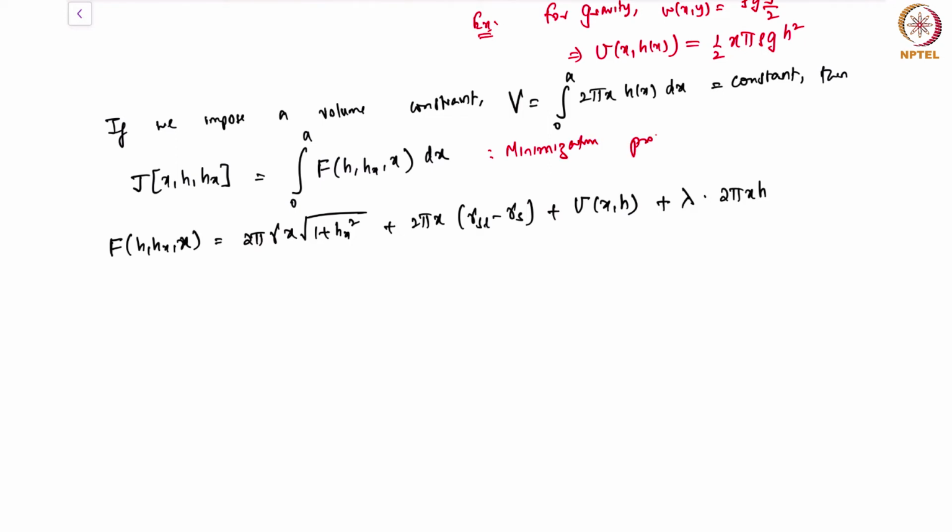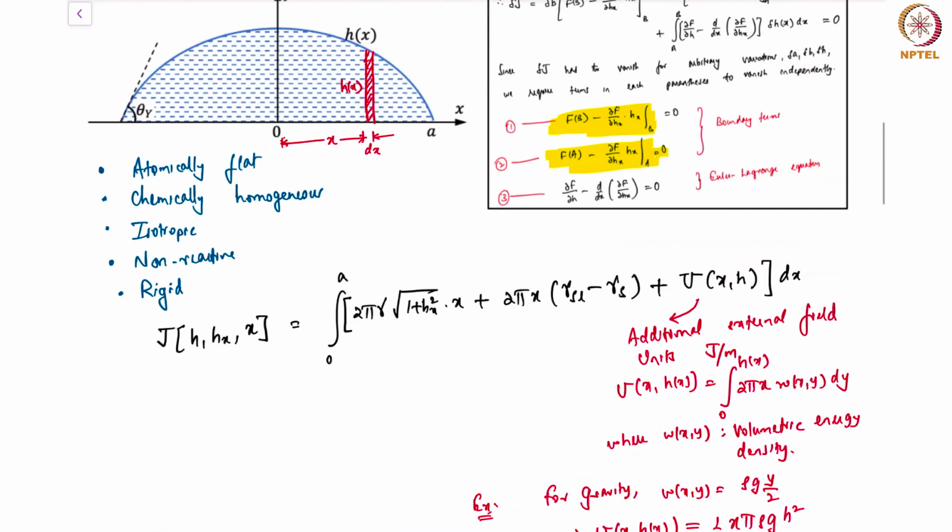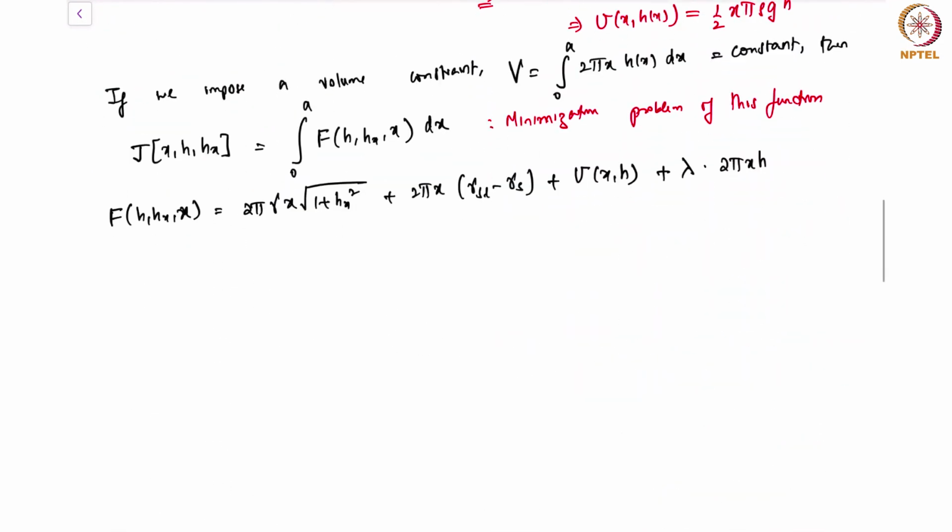Minimization problem of this functional. That's the idea, right? Now lambda, as you may recall, is the Lagrange multiplier, and if we use either of these constraints, meaning the boundary terms that I have highlighted in yellow, then how does the boundary term look? The boundary term essentially becomes